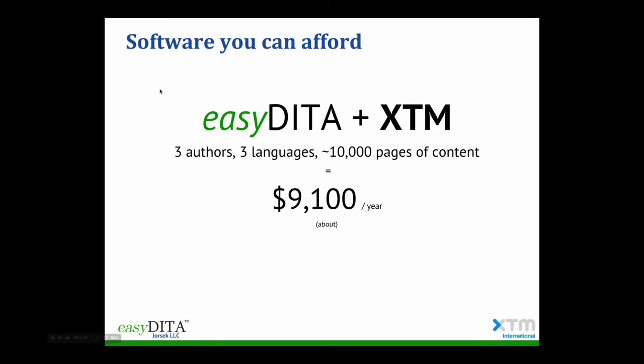But by bringing two cloud solutions together and scaling based on the size of the organization, if you're a small organization with 3 authors going to 3 different languages and 10,000 pages of content, which is well below those 5 manuals and 5 languages, and 500 pages, and that's source pages, by the way, not translated pages, you're looking at a cost that's going to be probably around this number we have in here. So that's the literal list pricing for all of that. You may have modules or something like that that bring it up or down a little bit. But that's a very, very affordable figure for any organization that's looking to start going to an